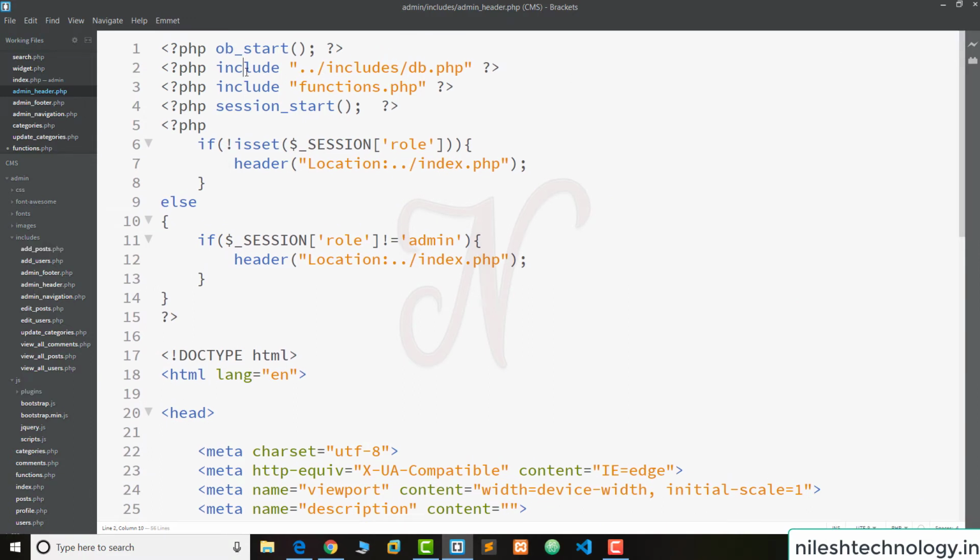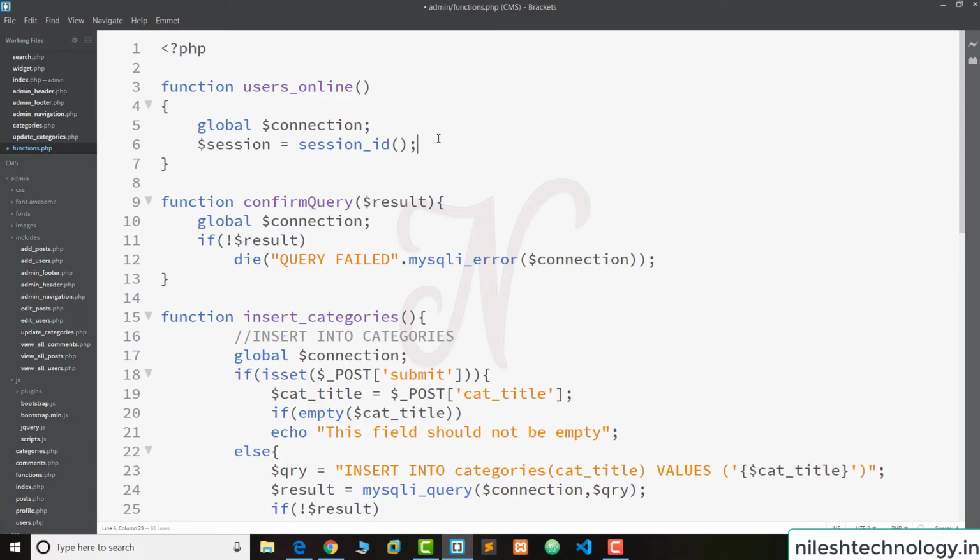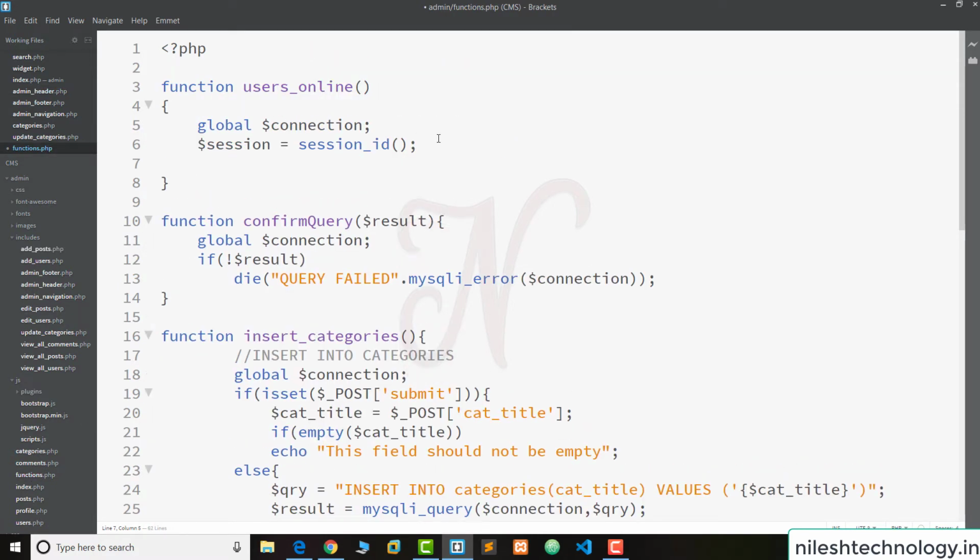Here we include the database file as well as our functions file, and we also start our session. So we do not need to start the session in the functions.php file; we can directly use session_id(). It gets the session ID of every browser and creates a unique session ID.